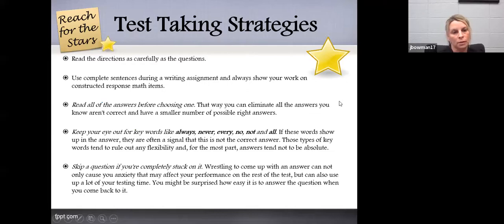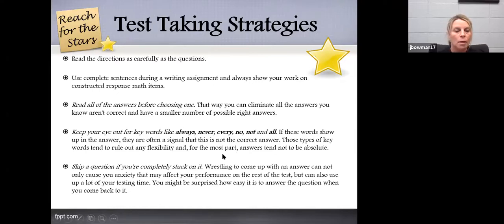Read all of the answers before choosing one. That way you can eliminate all the answers you know aren't correct and have a smaller number of possible right answers. Keep your eye out for keywords like always, never, every, no, not, and all. If these words show up in the answer, they are often a signal that this is not the correct answer. Those types of keywords tend to rule out any flexibility,